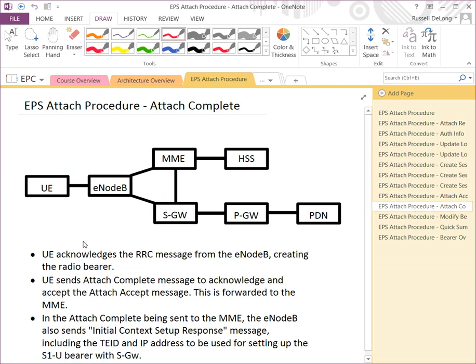Attach complete. So the UE, the user, will acknowledge that radio resource control message from the eNode B, creating the radio bearer. So this Uu interface. And you'll also hear the term RB, or radio bearer, the connection between the UE and the eNode B for this specific data session. The UE sends an attach complete